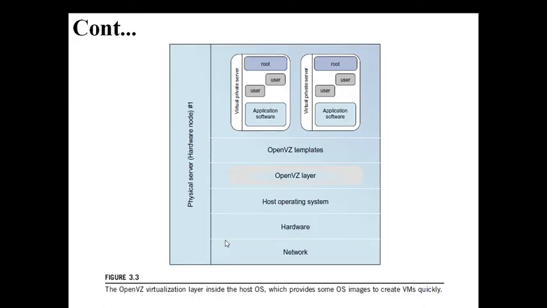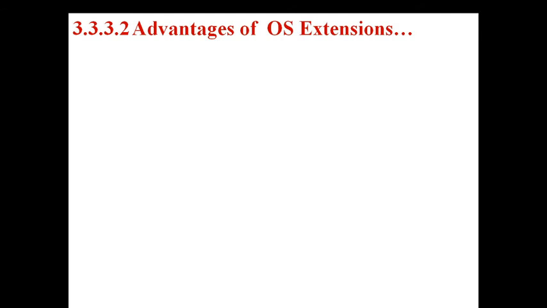So this architecture is available in the OpenVZ concept. What is it? OpenVZ. See here, it is a layered concept: our hardware, our OS, and above that we have an OpenVZ layer. The OpenVZ layer provides some templates. The same structure of our host operating system is provided here. By this, the different templates will take care of different applications. See, this is one application, this is another application. Here there are users and a root directory. They are not going to change, but this OpenVZ layer, that is the operating system image, will take care of these applications.